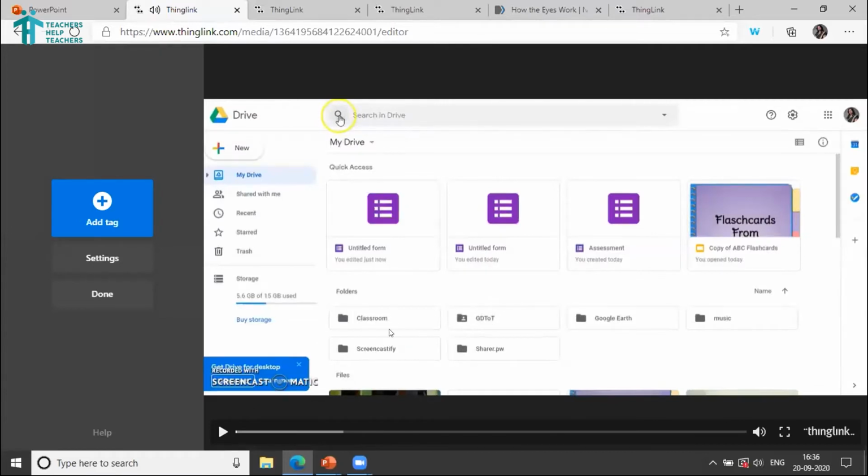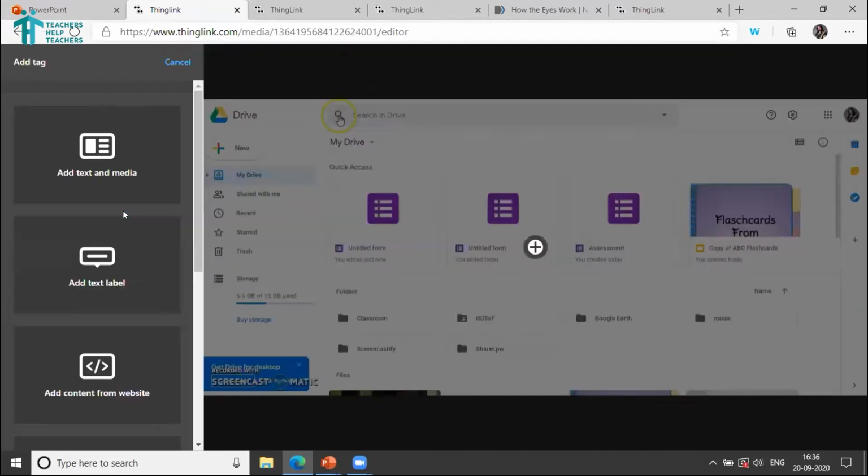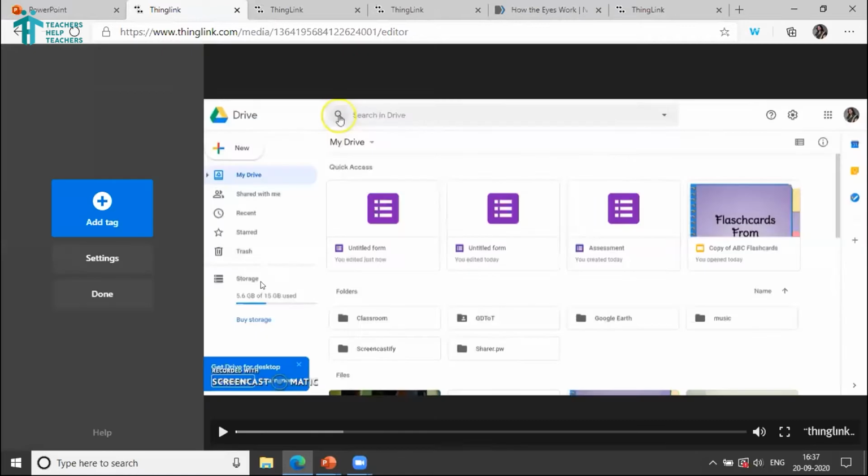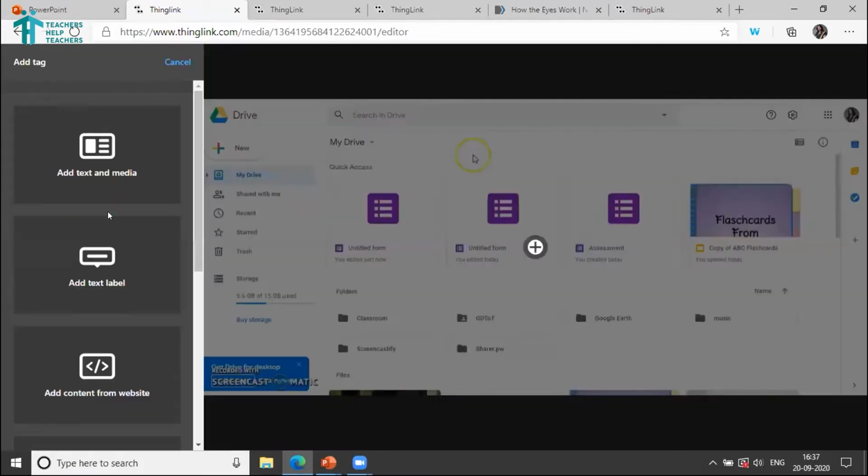So say this is the video. Now I know where I want to tell the child to do something. So what I can do is click on add tag. You should be playing the video and take the video to the instance where you want to add the tag. Right now it is the beginning of the video. I'll just mute it and start. Say I want to add a tag right here at 58 or 112 or anything. Wherever I want to add the tag, I should be at that place, and then press add tag and start adding the tag.